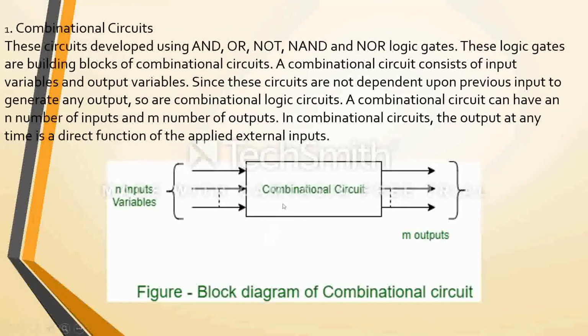So this is how your combinational circuit looks. There are n input variables and we have m outputs available at the combinational circuit. There is no memory element. It does not remember anything. Based on whatever input you are giving, the output will be given. So how will it be helpful in solving your questions? Combinational circuit means there is no memory element. So whenever any circuit consists of flip-flops or buffers or any other memory element, then you must say that it is a sequential circuit. It is not a combinational circuit.